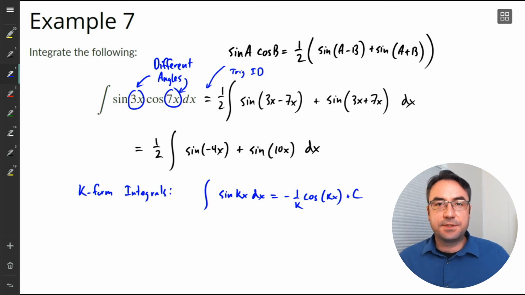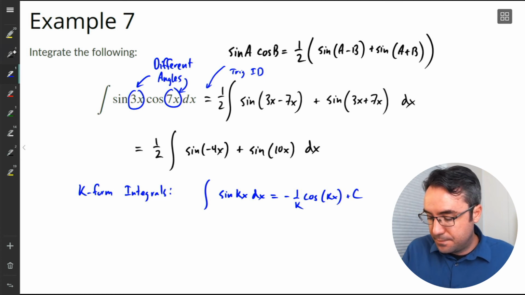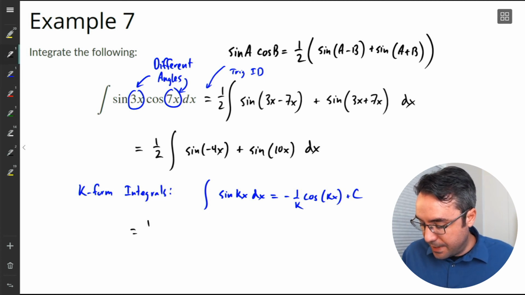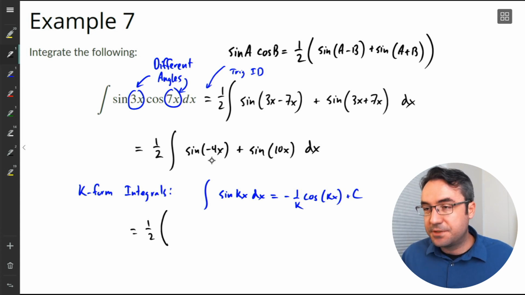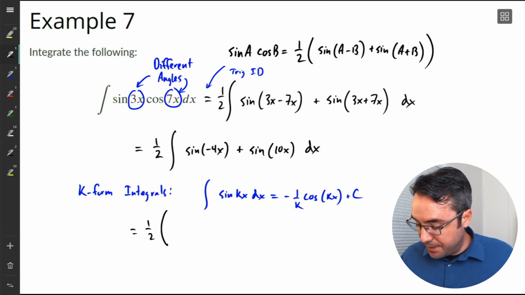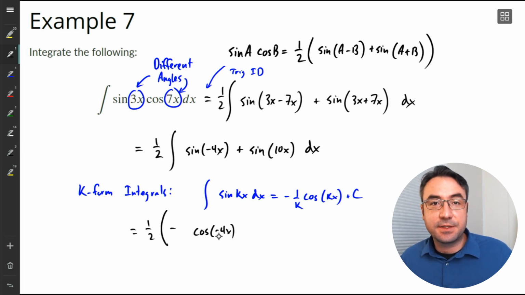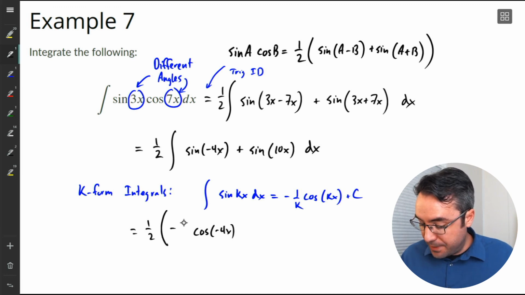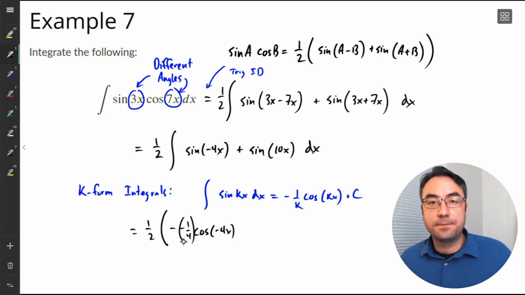All right, so let's do that. We have the 1/2 in front. Let's find the antiderivative of the sine term here. It's going to be negative cosine of negative 4x. We take that constant in front of the x, that negative 4, and we flip it and put it in front. So it'll just be a negative 1/4. And then we go,